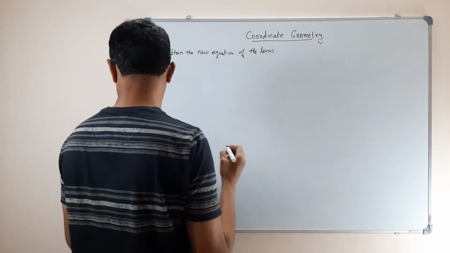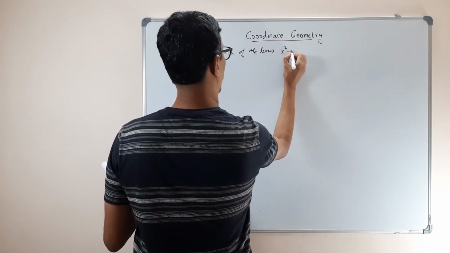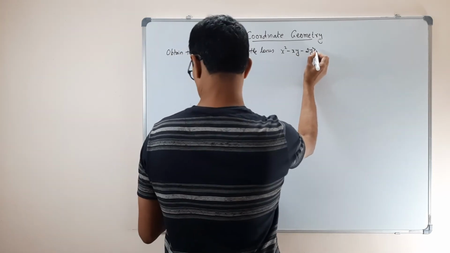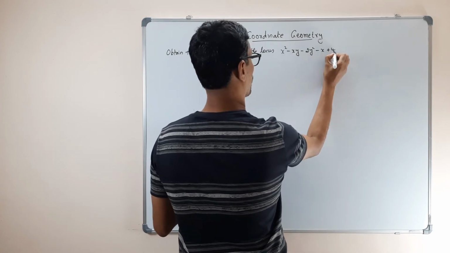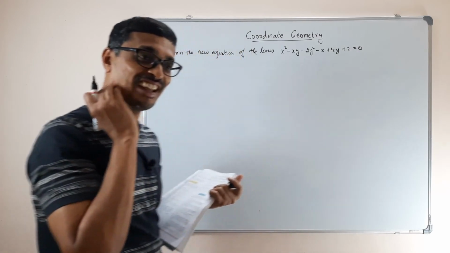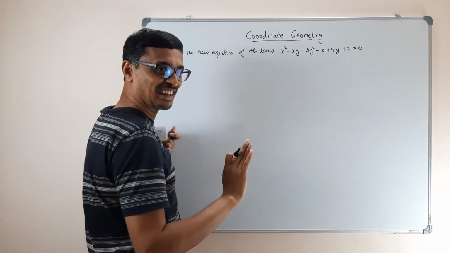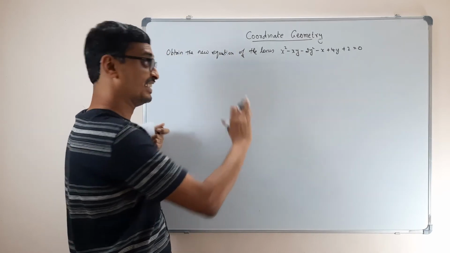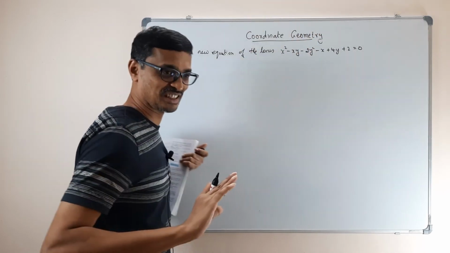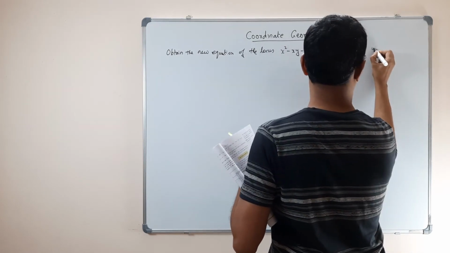Of the locus. Okay, so the locus is very lengthy: x square minus xy minus 2y square minus x plus 4y plus 2 equal to 0. You got it? Even this is a locus because you define that your x and y should always satisfy this condition. Whatever circle or simple curve we got, this is also a locus. Any curve you can represent by an equation, and that is a locus. Okay. When the origin is shifted